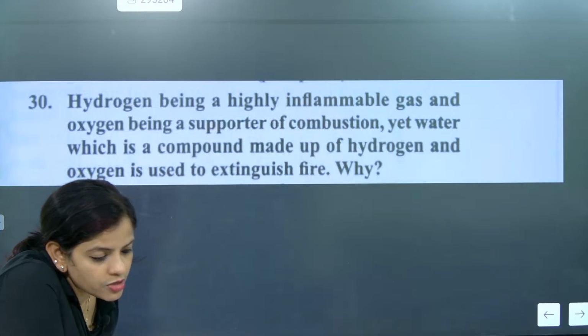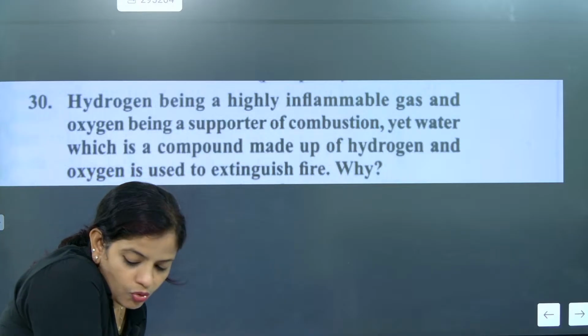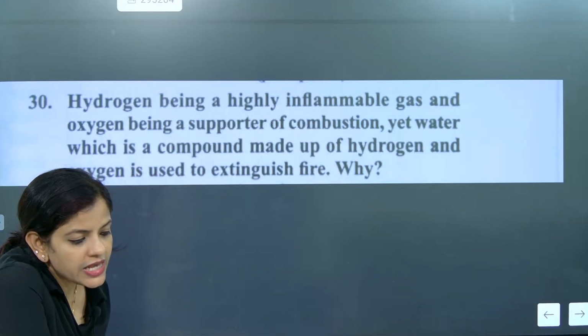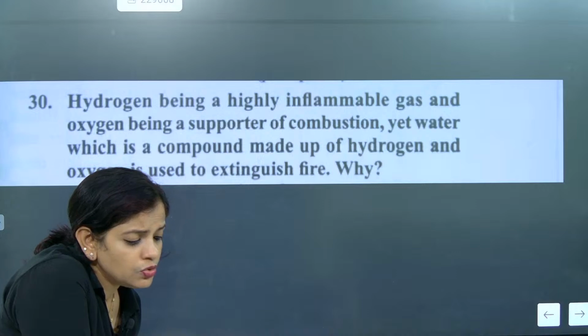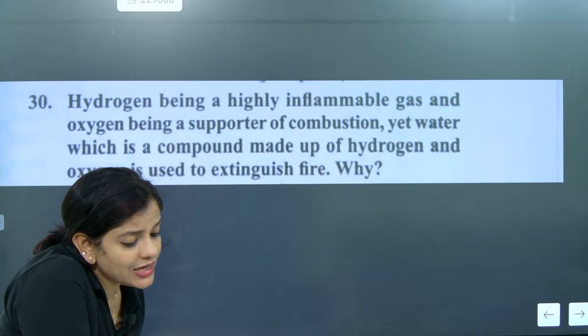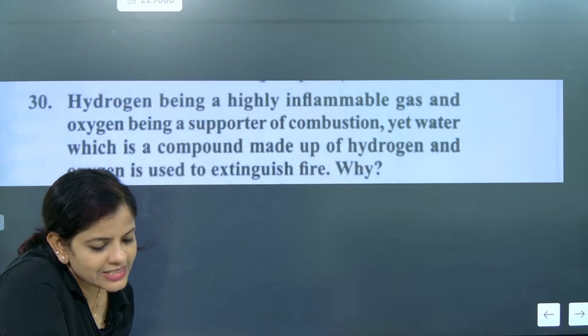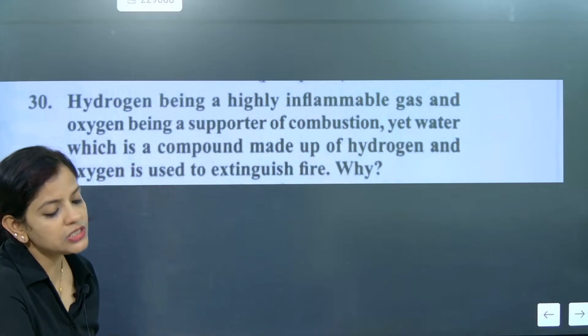Because the compound water molecule is there, the properties of water, H2O, are different from the properties of the constituent elements. See here, hydrogen and oxygen are the two constituent elements which are exactly combining to form water molecules. So their properties are totally different. So the composition is a variation.